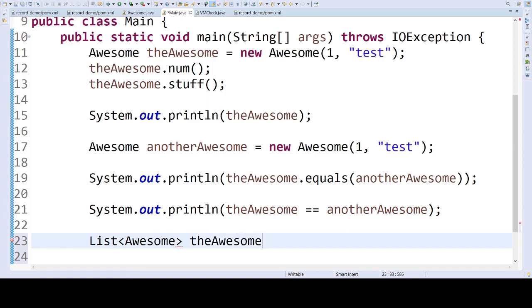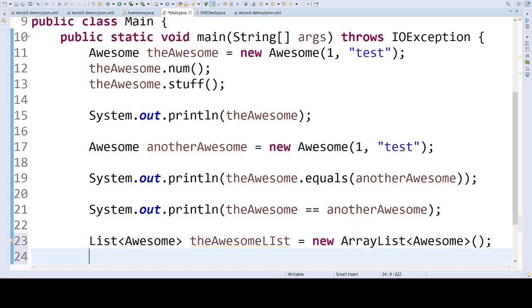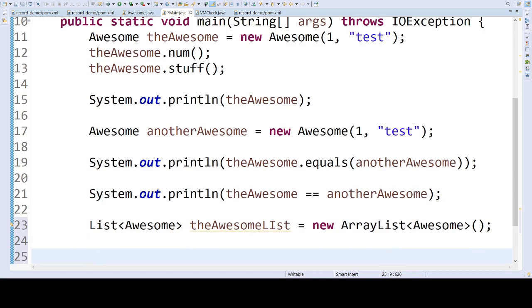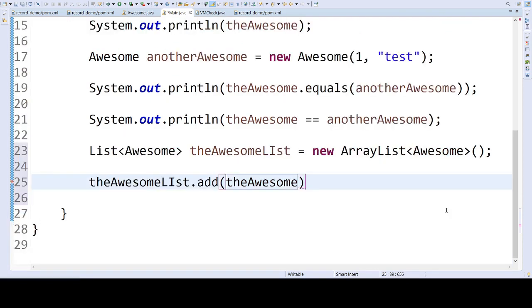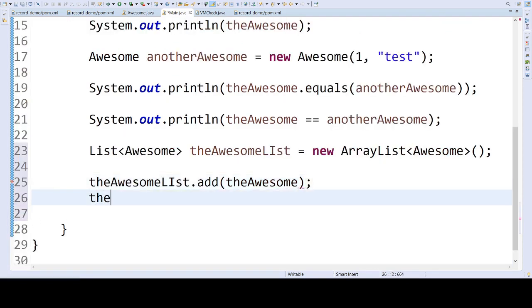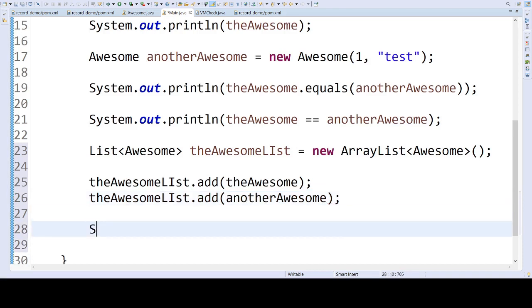So this is the awesome list equals new ArrayList. And if I were to put, so the awesomeList, I got a capitalization, and add the awesome, and the awesomeList, add another awesome. How many objects do you think would be in this list?